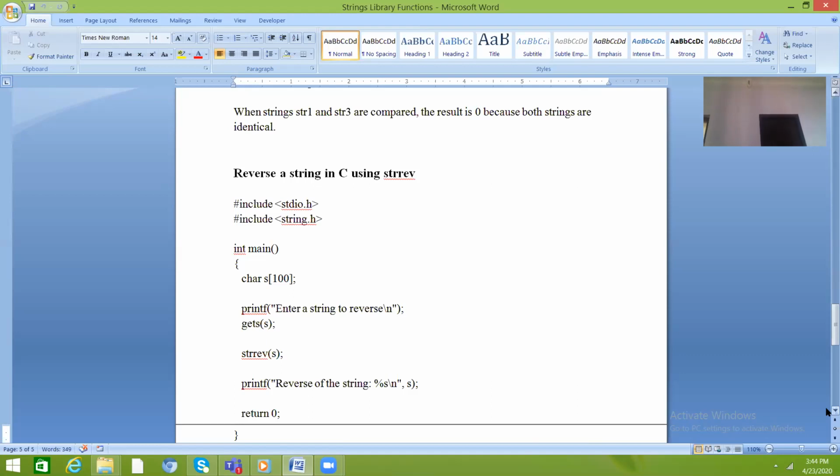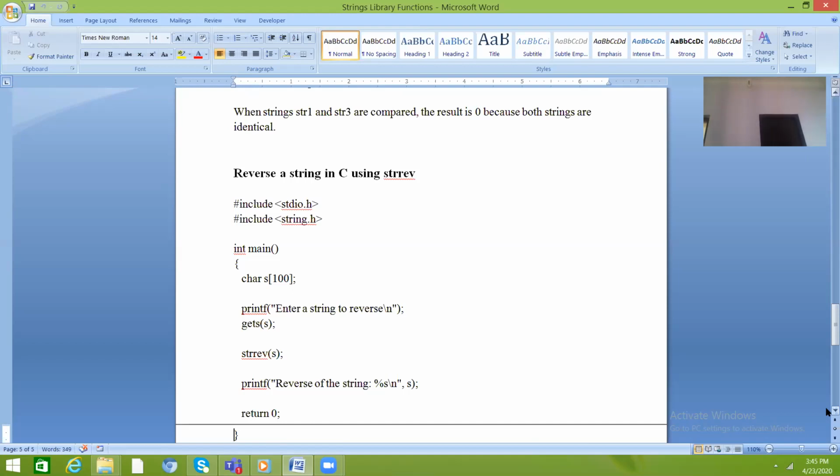I declare the char array and then print enter string to reverse. I use the gets function instead of the scanf function. Then I reverse the string using the strrev function. The string will be reversed, and I show the result using the printf function.